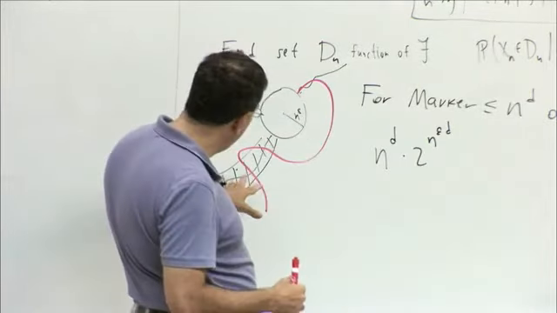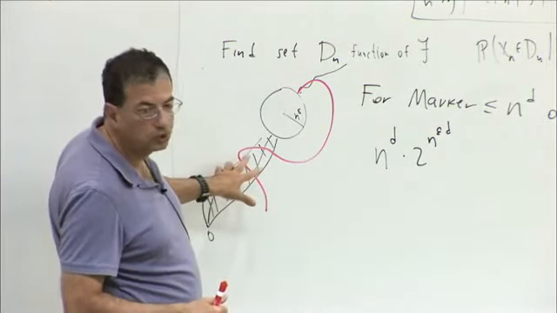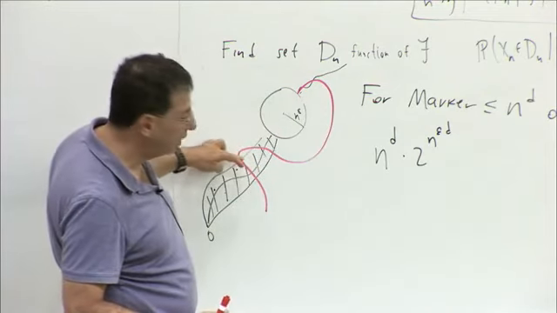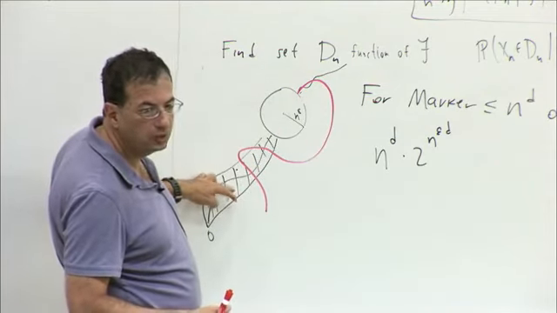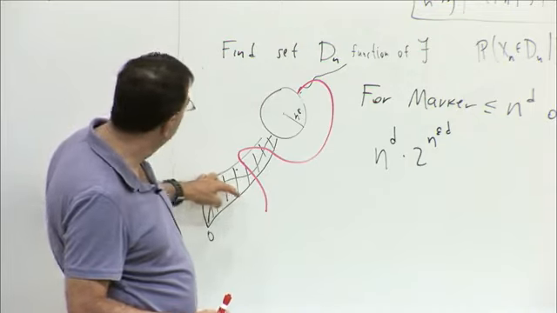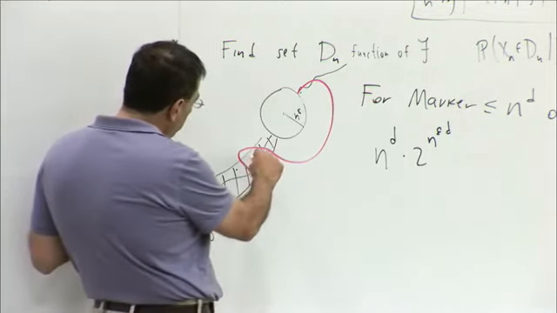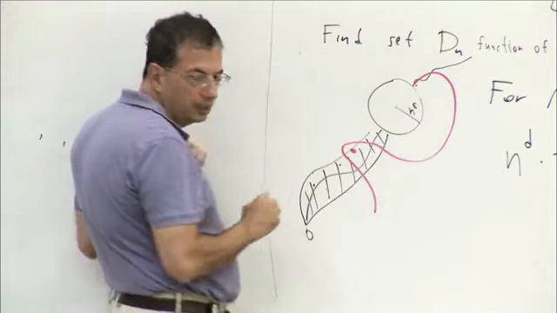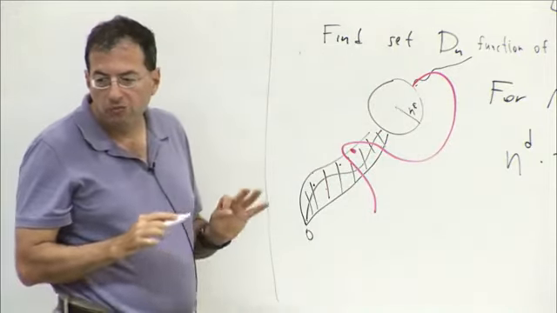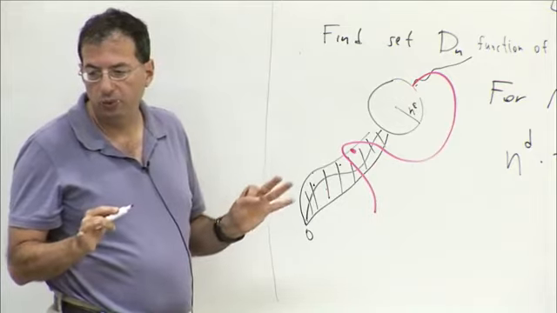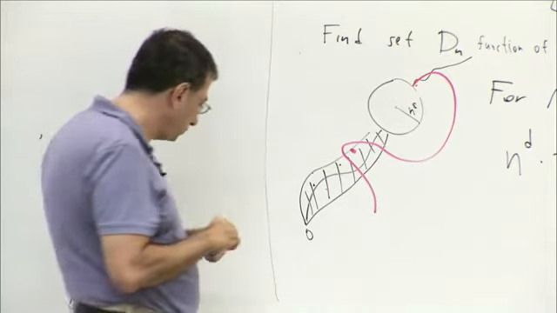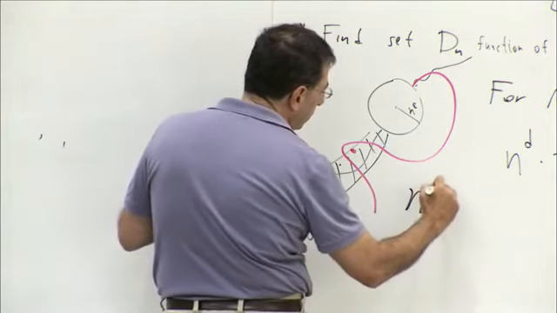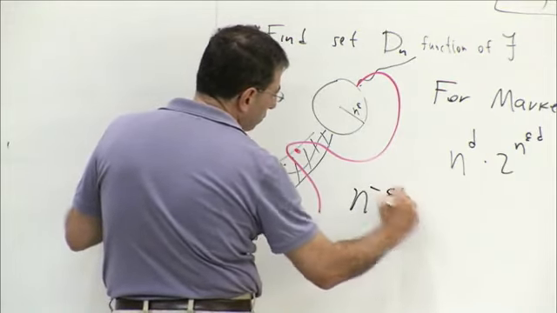So the key is to understand the combinatorial structure of these intersections. Although this will come to intersect, it can intersect many times, but not order n times. Because if I look at any individual point here in the past, the chance that it will be intersected by the future of the walk is not too high. It can be bounded by n to the minus epsilon over 2.